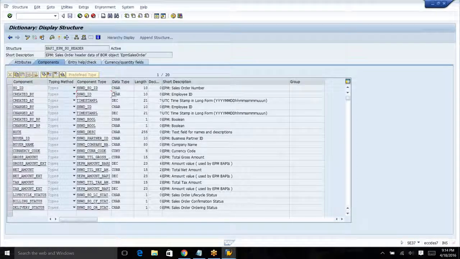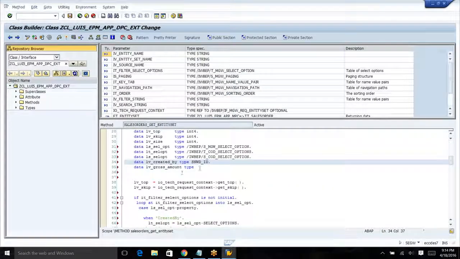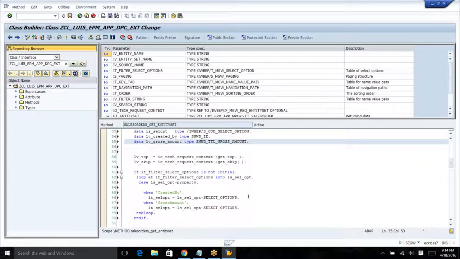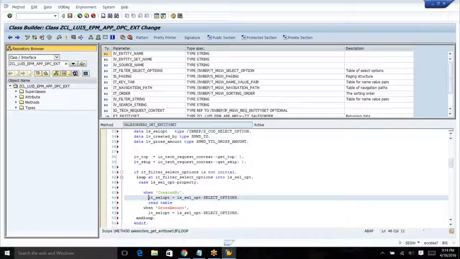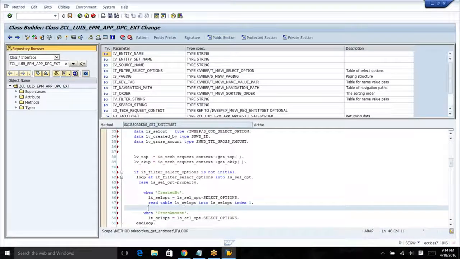Even the gross amount, this is the type. Okay. Read table lt select options into ls select option index 1. Okay. So whatever I receive in it, I'm going to have sign,